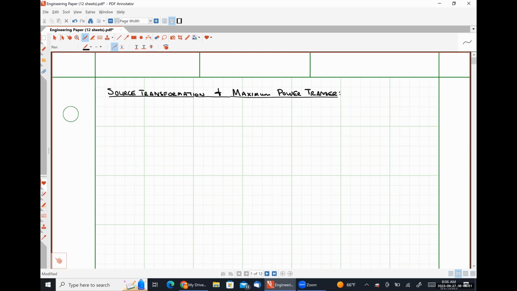All right, so the first thing that I want to introduce you all to is the concept of a practical source. Okay. So we're going to start with a practical voltage source over here on the left. And to form a practical voltage source, we have an ideal voltage source with some source voltage Vs connected in series to some resistance Rs, like so. So this is a practical voltage source,